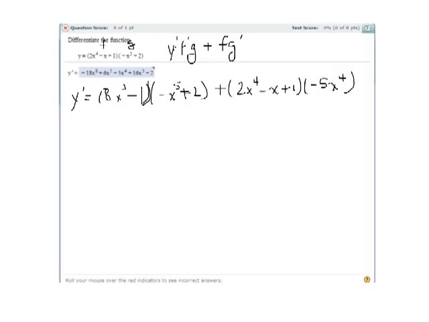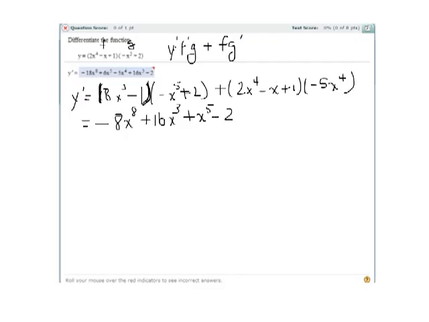So now it's a matter of multiplying some things out. Since there are no exponents on the outsides of the parentheses, I can go ahead and distribute. Remember, if there are exponents outside the parentheses, you can't distribute. So 8x cubed times negative x to the fifth is going to be negative 8x to the eighth, adding the exponents together. 8x cubed times positive 2 is 16x cubed. And then negative 1 times negative x to the fifth is going to be positive x to the fifth, and negative 1 times positive 2 is negative 2.